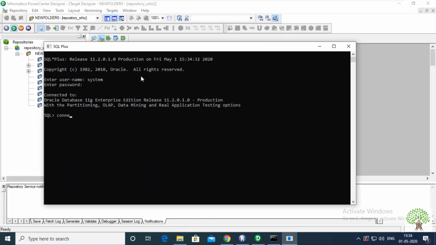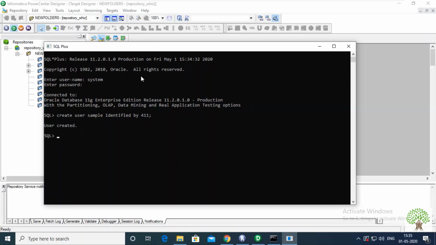Go with connect. Here I want to create this table in a new user. For that I just need to use the command create user sample identified by password. So the user is created.